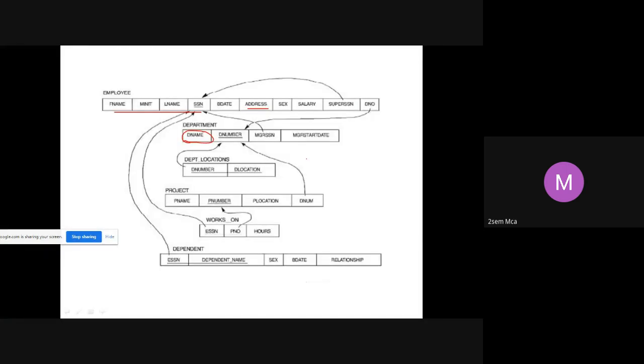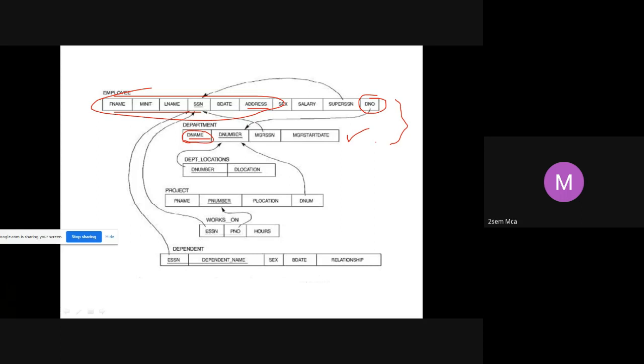Yeah, see here, you have to find out the name and address of employees who are working for the research department. So first, from this department table, I will take out all the employees who are working in the research department. That is possible where the department name is research. I pull out all those employees. Once I get them, I can find out the name and address of those employees, because I have this D number, which is a common attribute by which I'm connecting these two tables.